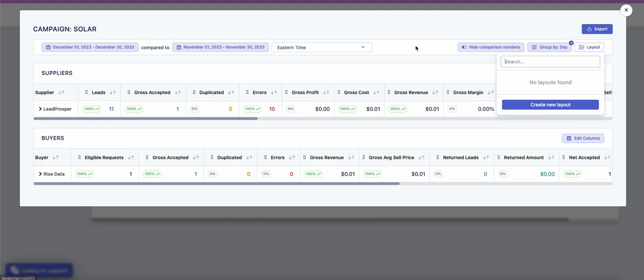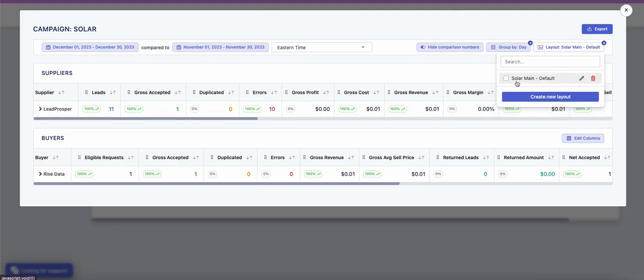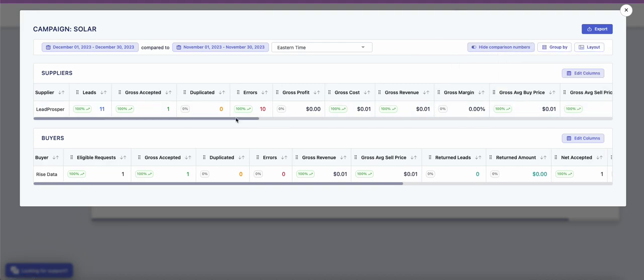And then you also have the ability from within the modal to create a layout that you can save. This is separate from the original one that we showed you on the main layout page. What it does is it allows you to, let's say, for example, we'll do solar main default. And we'll create this layout. Oh, sorry, that was a search functionality. Hit this, save. Now we can save it. And now what happens is we can turn it off. But basically it allows us to set the custom